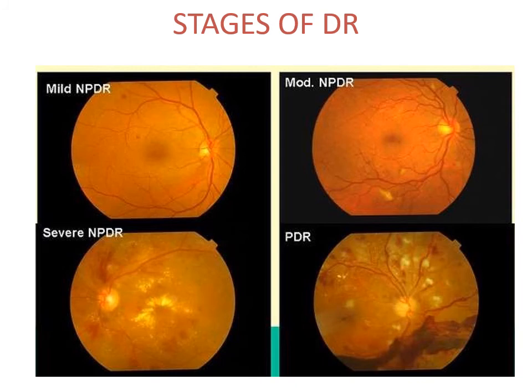The first picture is that of mild NPDR, where there are few hemorrhages in the superior-temporal quadrant. Second picture is that of moderate NPDR, where there are hemorrhages and few exudates involving 1 to 3 quadrants. In severe NPDR, you can see that there are multiple hemorrhages in almost all 4 quadrants along with hard exudates. And the last picture is of proliferative diabetic retinopathy, where there are multiple hemorrhages and multiple exudates in all the quadrants, and inferiorly there is a large amount of vitreous hemorrhage.